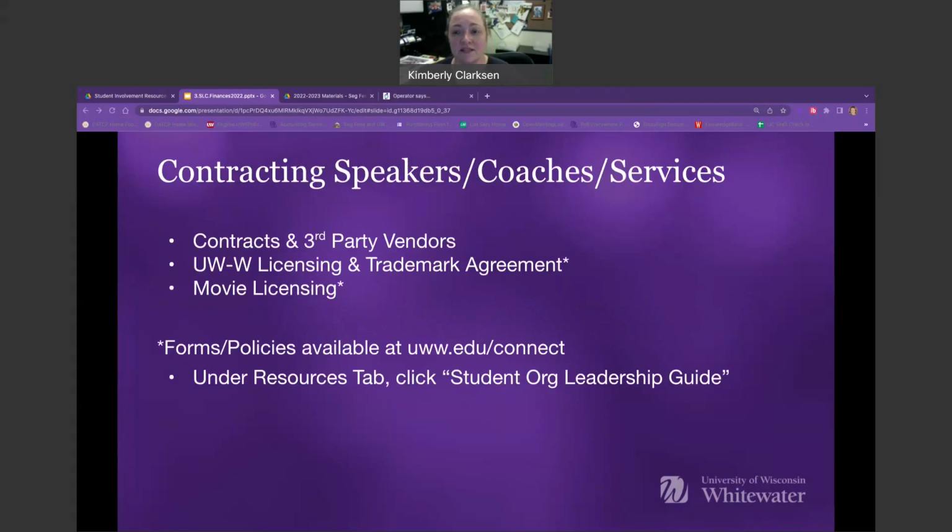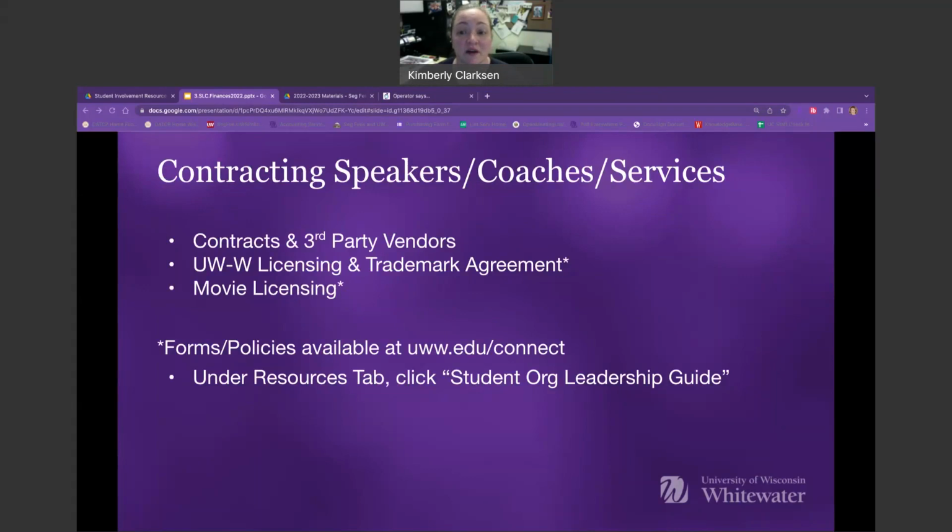When discussing finances and financial responsibility, we also want to mention a few details about contracts, third-party vendors, and licensing. A contract is an agreement between two or more parties and can be verbal or in writing. We encourage student organizations, whenever possible, to have something in writing that relates to how and when a service is